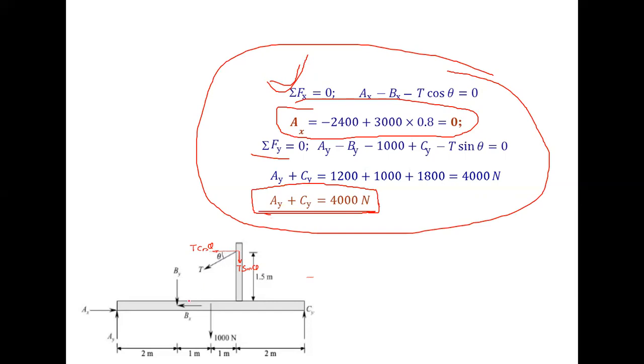So see, this is a hinge support and this is a roller support. And in the beginning, I had said that whenever you find two types of support, one is hinge support and another one is roller support, then you have to apply the moment balance equation about the hinge support.